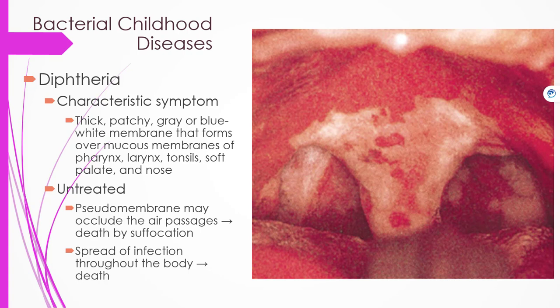When this happens, the bacteria can produce a poison or toxin that causes weakness, sore throat, fever, and swollen glands in the neck. The poison destroys healthy tissues in the respiratory system. Within 2 to 3 days, the dead tissue forms a thick, gray coating that can build up in the throat or nose. Medical experts call this thick gray coating a pseudomembrane. It can cover tissue in the nose, tonsils, voice box, and throat, making it very hard to breathe and even swallow. The poison may also get into the bloodstream and cause damage to the heart, nerves, and kidneys.